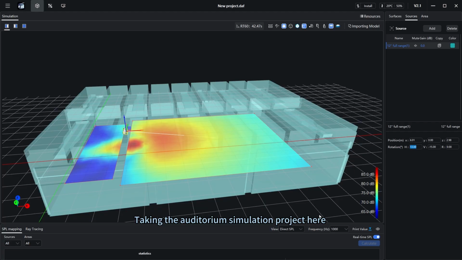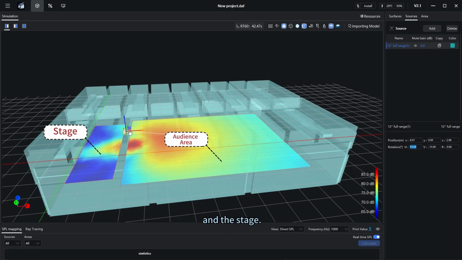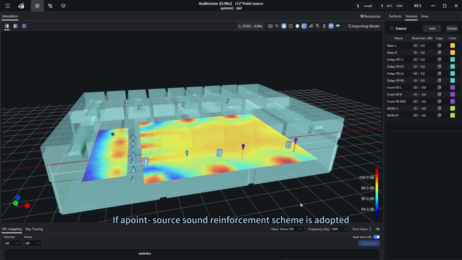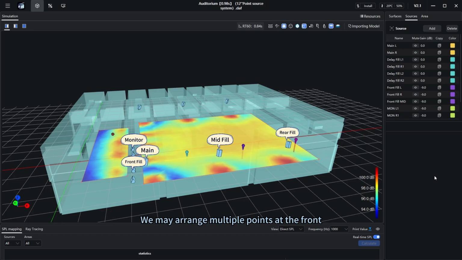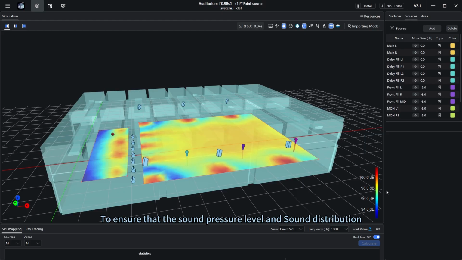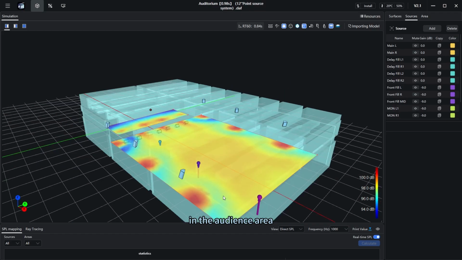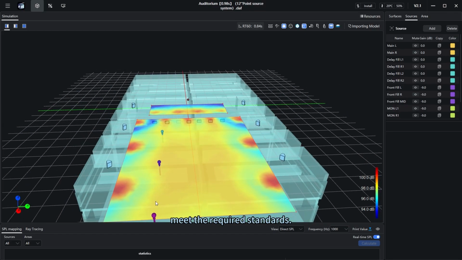Taking the auditorium simulation project here as an example, the auditorium comprises the seating area and the stage. If a point source sound reinforcement scheme is adopted, as such loudspeakers have a relatively short coverage distance, we may arrange multiple points at the front, middle, and rear of the audience area. To ensure that the sound pressure level and sound distribution in the audience area meet the required standards,